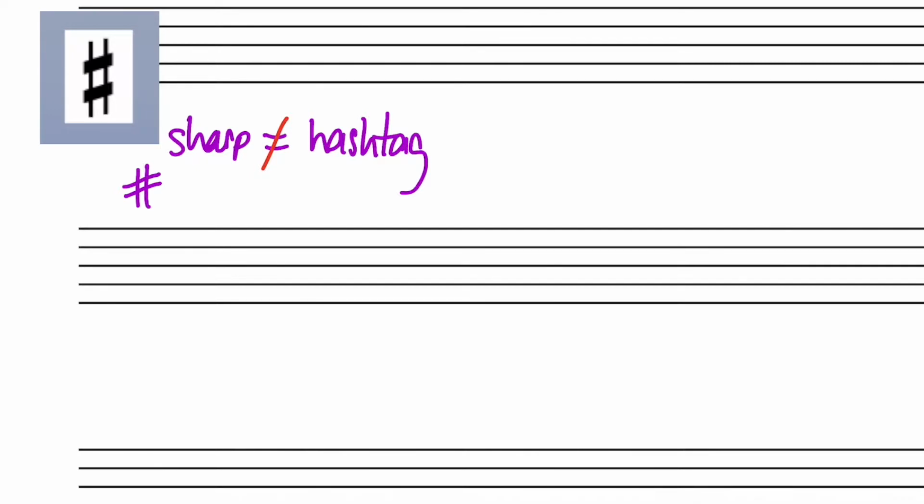In a hashtag, you have two parallel lines that angle slightly forward, and then the lines that cross them are more horizontal, like that. So it's really a difference of angle, and there's an important reason for that. Let's take a look at it on the staff. If I make a sharp for a line note, I'm going to draw that sharp so that the line goes through the middle here. You see how there's a little line through the box here? The sharp is going to center on that line if the note referred to is a line note.